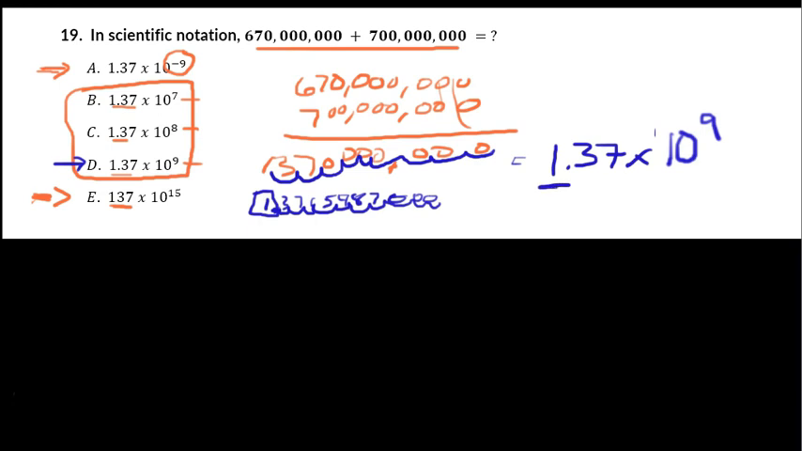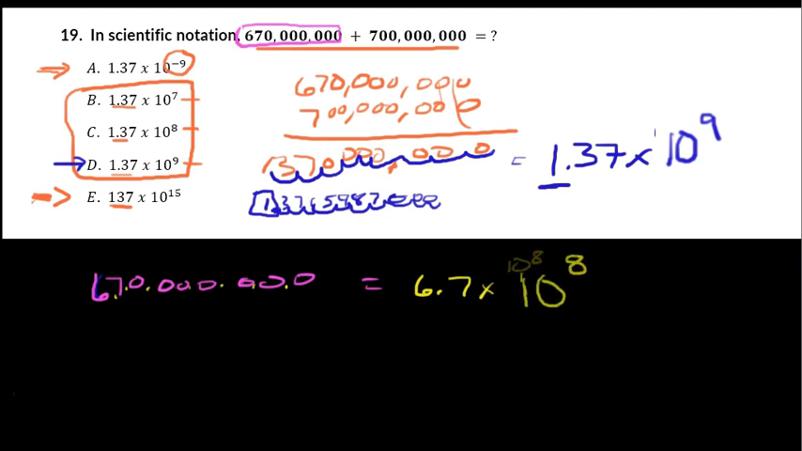Another way would have been to convert each of them into scientific notation first. So you have this number right here, 670 million. We could take 670 and convert that into, that would be 1, 2, 3, 4, 5, 6, 7, 8. 6.7 times 10 to the 8. And then